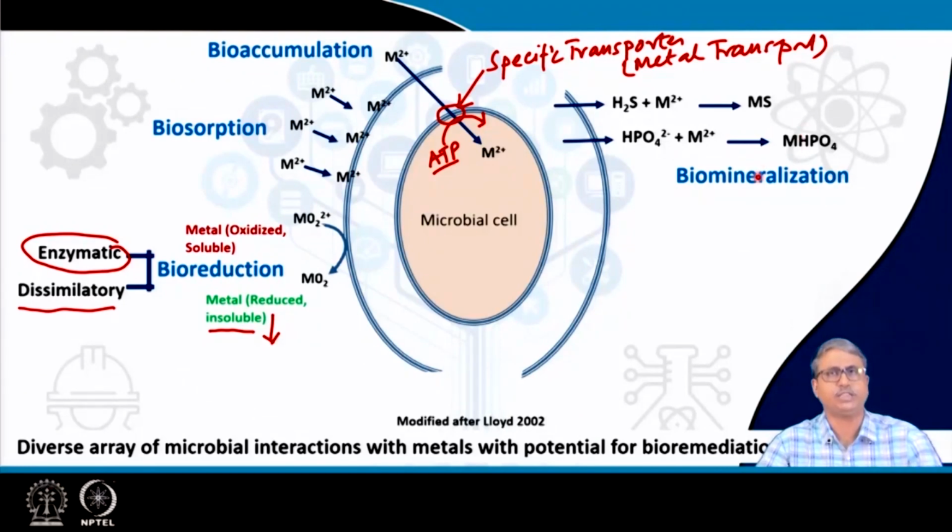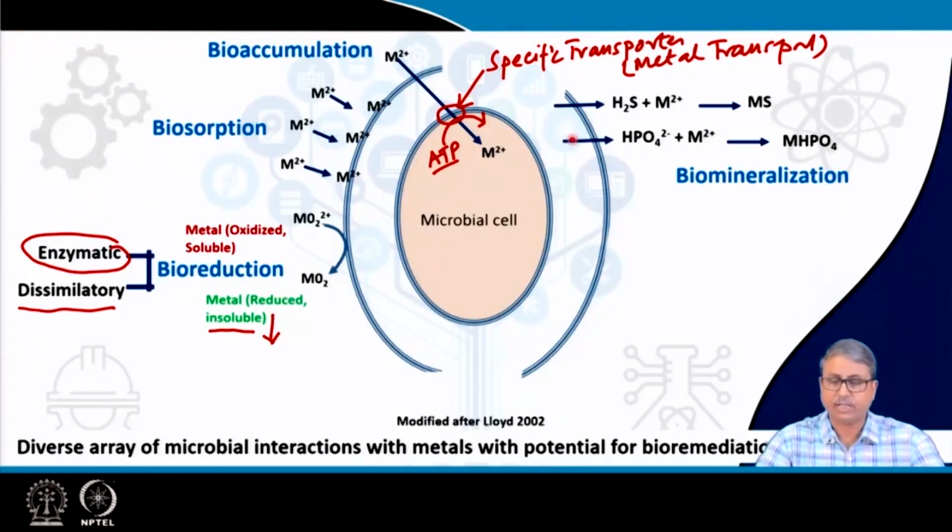So, this biomineralization mostly facilitates the precipitation of the insoluble metal deposits, which are either with phosphate or with sulfides, and they precipitate outside the cell. Similarly, the bioreduction is also a process which reduces the metal outside the cell. So, the insoluble metals will be deposited or precipitated outside the cell. The cell will not be accumulating those reduced or mineralized products in most of the cases that we see.